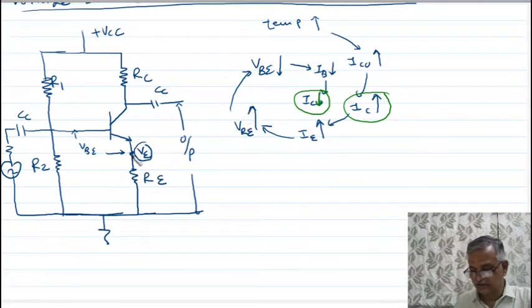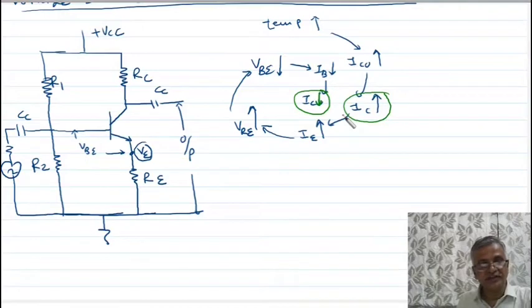So as this voltage increases, VB decreases. As the base emitter voltage decreases, base current decreases, and as base current decreases, collector current decreases. So due to such kind of feedback, or such kind of bias modification, the collector current decreases. The decreasing collector current tries to compensate the increasing collector current due to the rise in temperature. So this circuit provides very good stability.